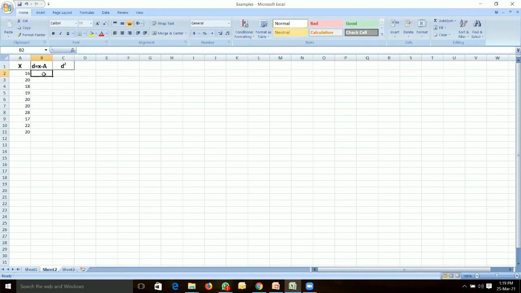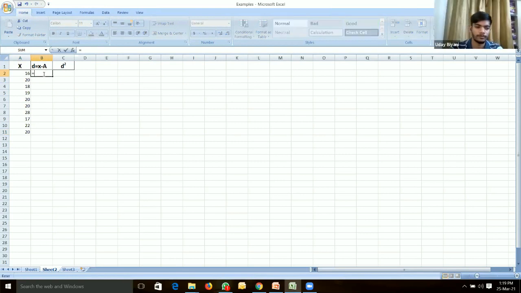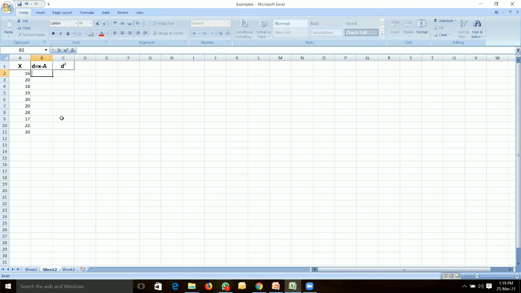So whatever I am doing, you can see that in Excel. First you have to calculate the mean. Here, is equal to average. So my average is 20. Give the equal to sign, first cell minus 20, second cell minus 20. Enter, and you have to drag up to 20.